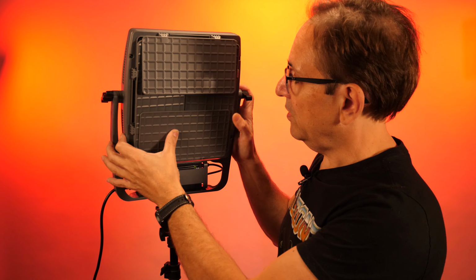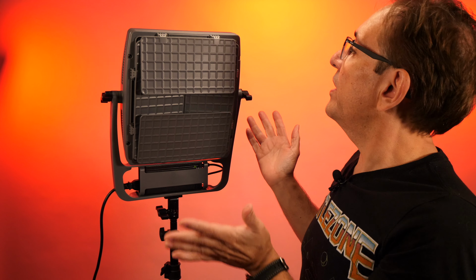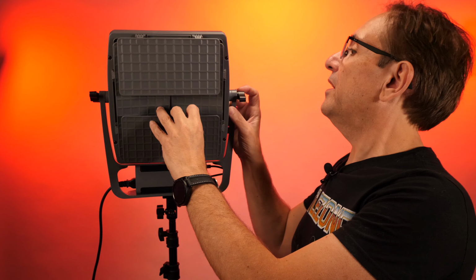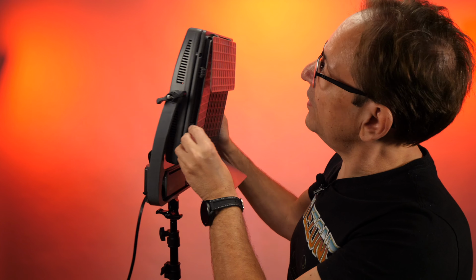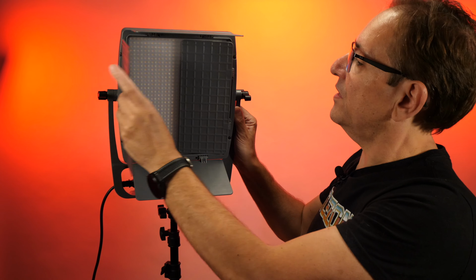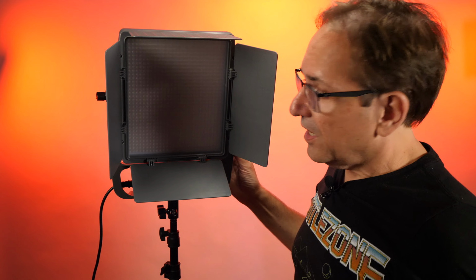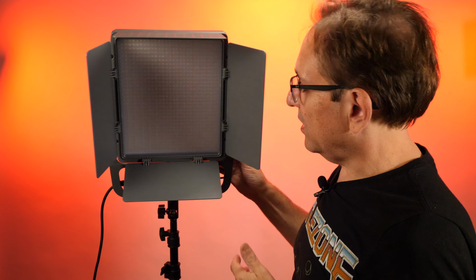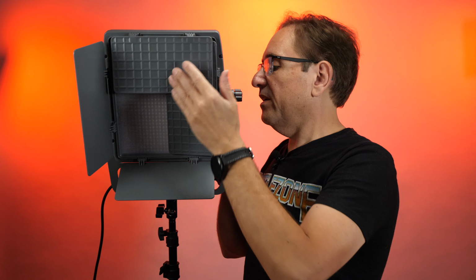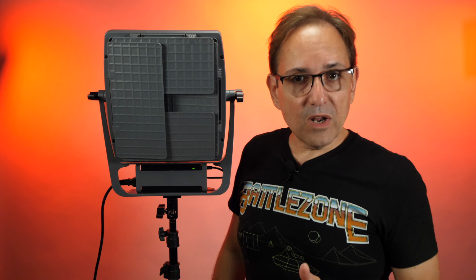Comes with the already installed barn doors. It has the screw, so if you want to remove it, I guess it can be removed. But the idea is to have these barn doors. And comes already with the filter. The filter, I don't think we can remove it either, because that has a special lens. What it makes is even much stronger than the original 50 watts they have. So real good light. And like always, I will leave you all the information right below this video,